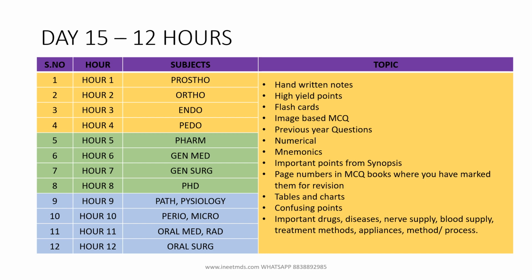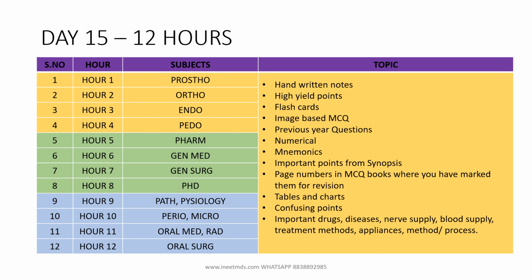Whenever you are doing any preparation or any MCQs during the 14 days, you are just going to study 15 questions per hour. So during that time, whenever a question has an explanation and you find that explanation has a table or any high yield point or a very important numerical or a mnemonic or any very important point from the synopsis, make sure you note it down in a small notepad. Make a handwritten note, or if the note is very big and you are going to waste your time trying to note it down, at least note down the page number from which book you have marked them for revision.